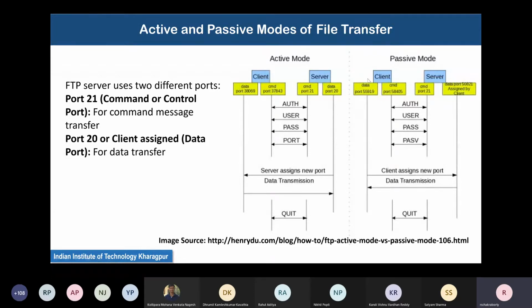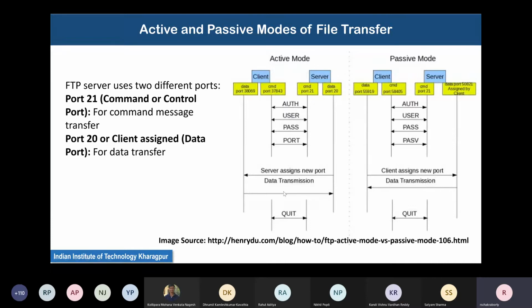So you might ask, why does the client need to tell the server again about its data port? It is evident because there is already an existing port 37843. The server already knows about it because it has accepted an incoming TCP connection from the client. Why does it again need to be told about port 38069? Well, because using a PORT command, it is going to be a different port, which is 38069. So now the client tells the server that, okay, now you initiate a TCP connection at port 38069.